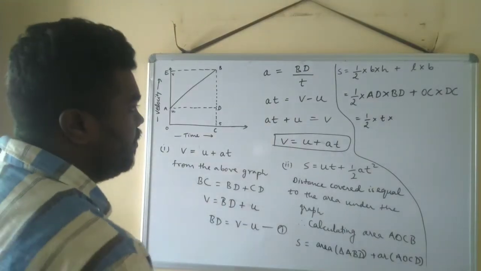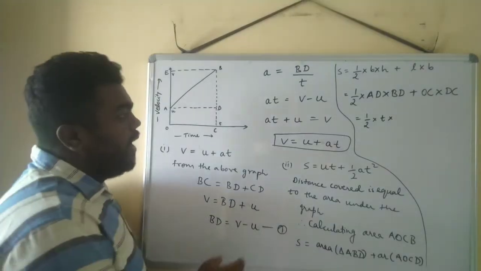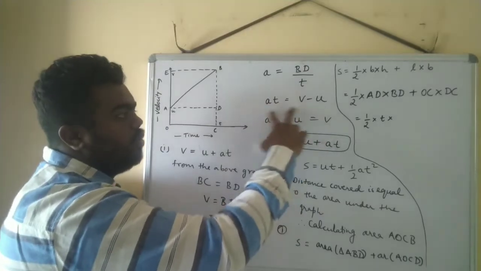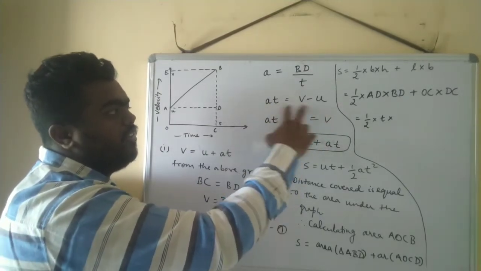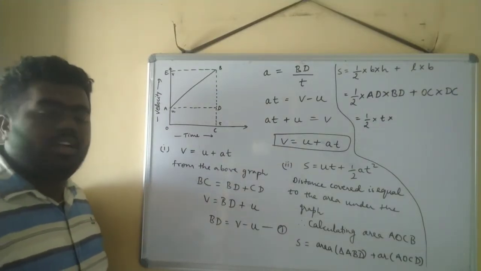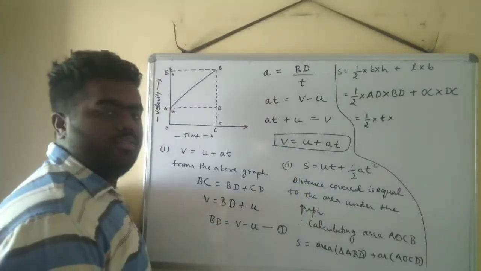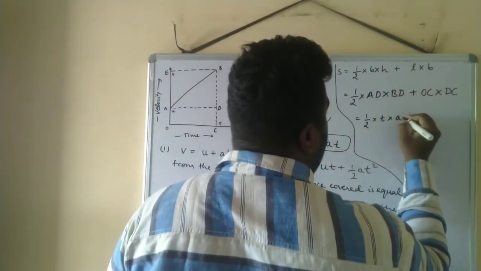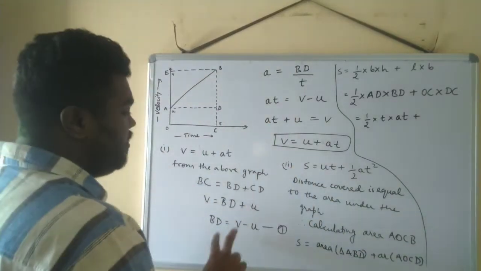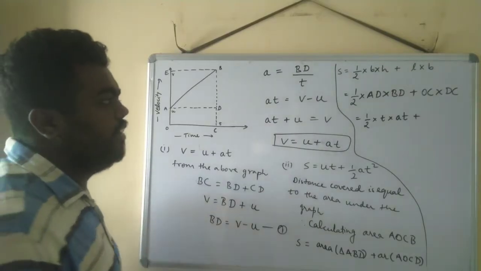Yes, this is BD, V minus U. See here, this is also V minus U. We can directly put the value of V minus U as 80 from here. Yes, remember this thing. So in place of BD we are putting 80. Remember this thing, okay? BD is change in velocity and change in velocity is equal to A into T. Okay, I have given that value.